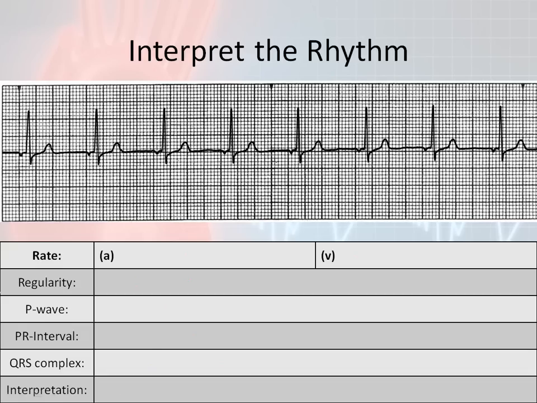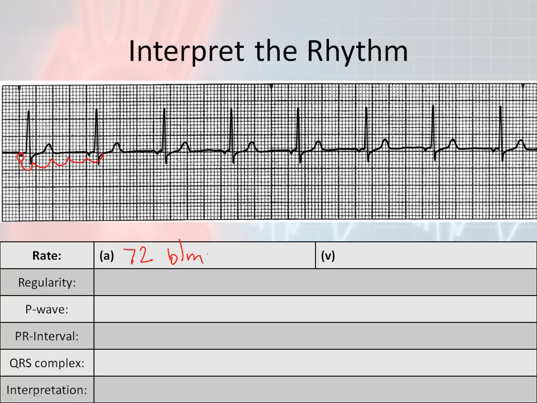If we go ahead and try to interpret this rhythm right here, this rhythm is actually going to show me the atrial rate and the ventricular rate are very similar, if not actually the exact same. I'm going to go ahead and use the countdown method in this case to try to figure out my atrial and ventricular rate. I know that my atrial rate begins right here, pretty close to this bold line. So I'm going to count from here, and I'm going to go 300, 150, 100, 75, 60. Now I know it's closer to 75, so just for fun, I'm going to go ahead and put 72 for